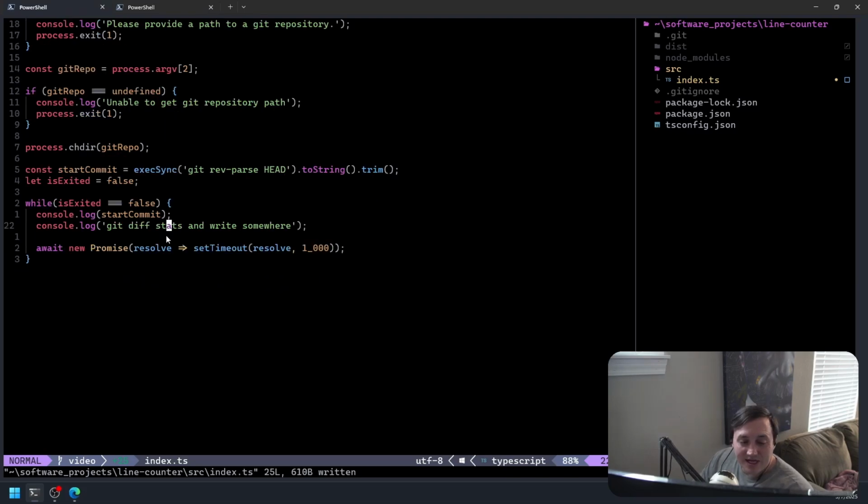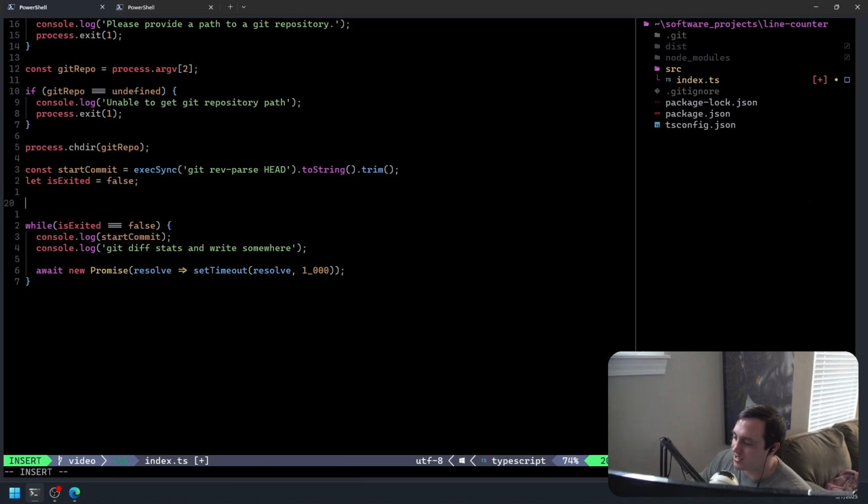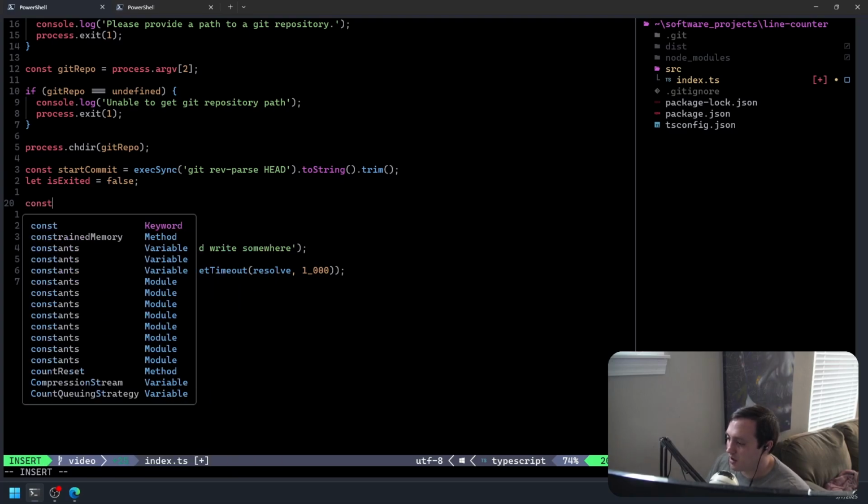All right, so now we need to actually get the stats. The way we're going to do this is with a little bit of regex and a helper method, because we're going to have to do this twice. The thing we're trying to get to is these statistics down here. So we're trying to get to const total added,